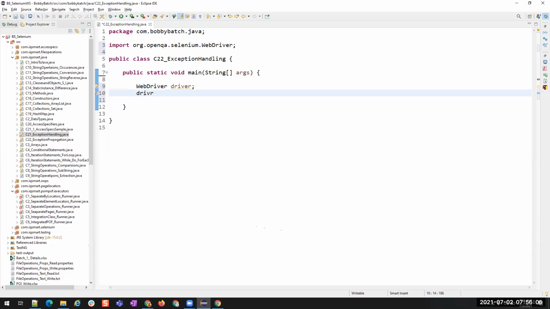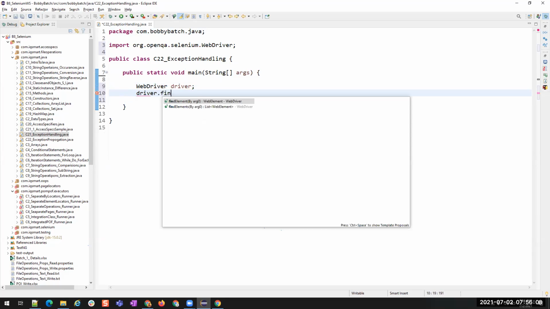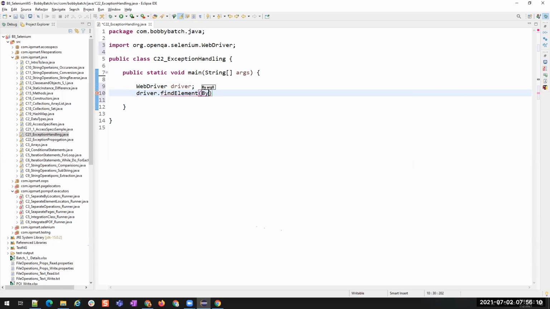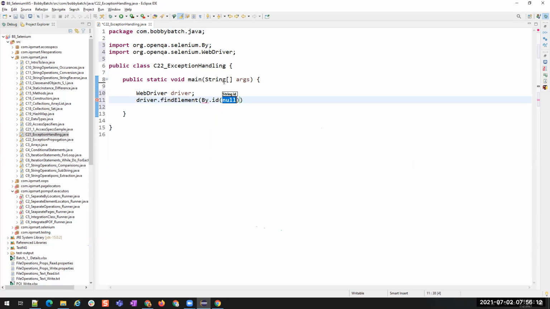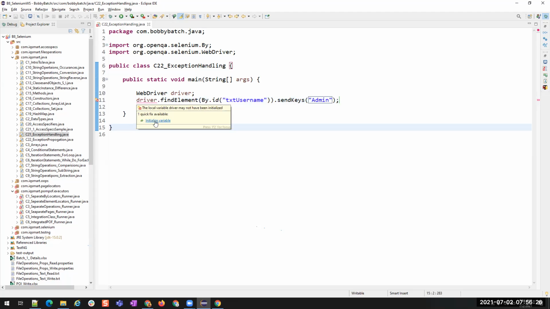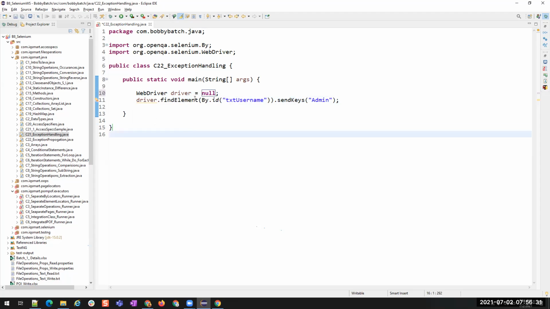Now I will try to find the element: driver.findElement(By.id("username")).sendKeys("admin"). So now there is no exception here. Okay, it says initialize variable. Right? This is another error. Okay, now I initialized this driver with null, and then I'm doing this. Now if I run this, you just observe it will say NullPointerException.